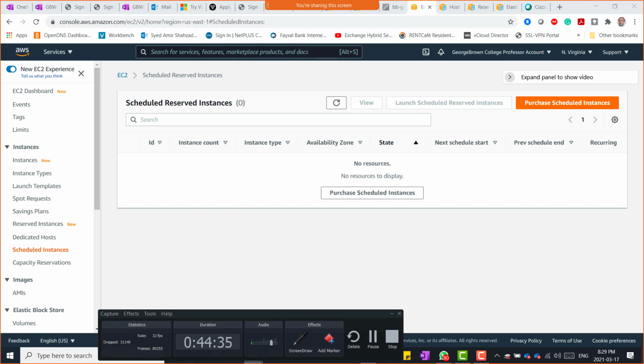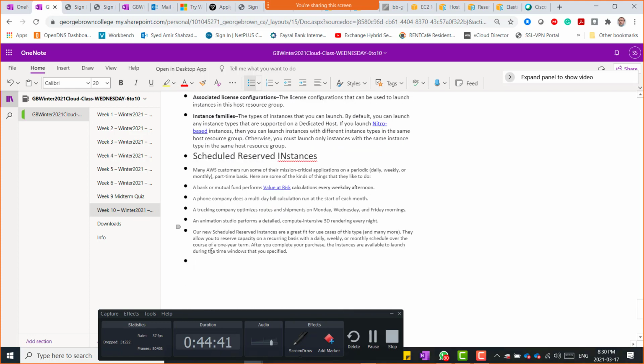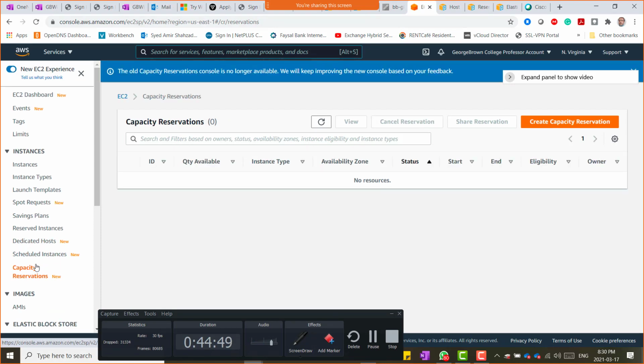So I'll just grab that from the other screen, the detail about that, and I'll paste it here. And then if we go down further, this is the capacity reservation. Capacity reservation is that you want to reserve a certain amount of virtual hardware, and I may have given that example before as well, that if you want to reserve the capacity,